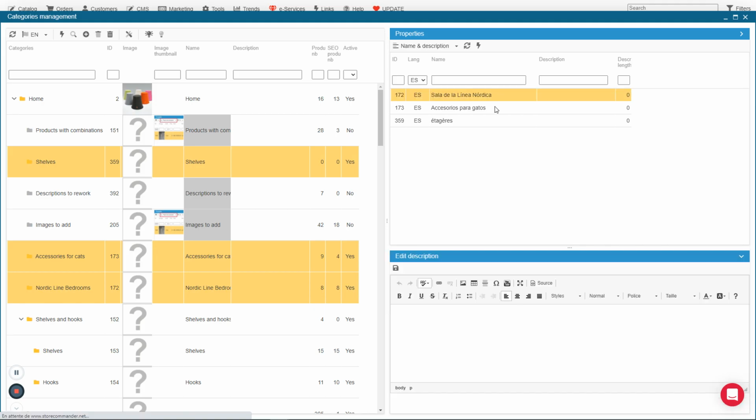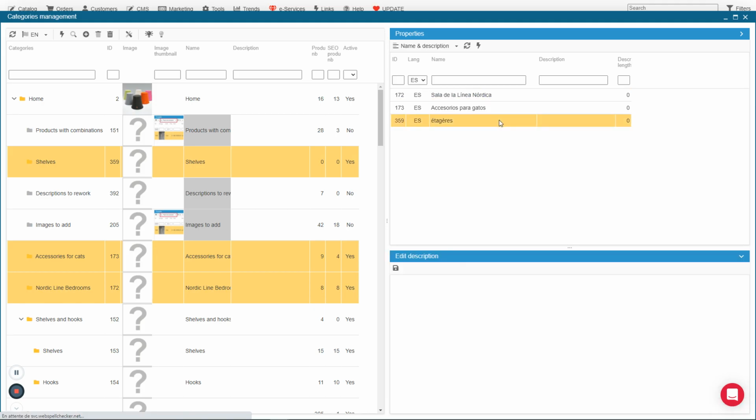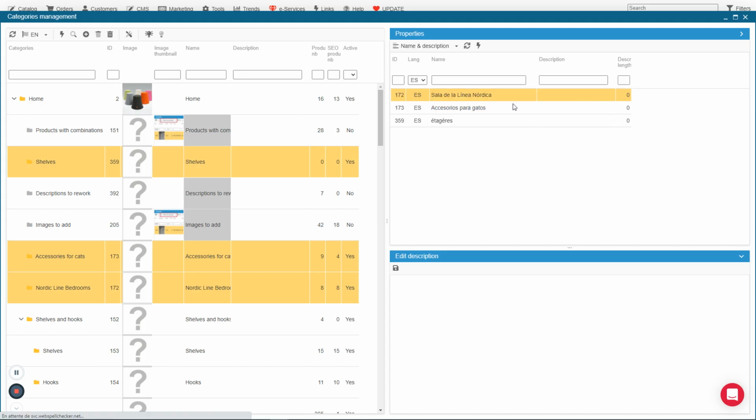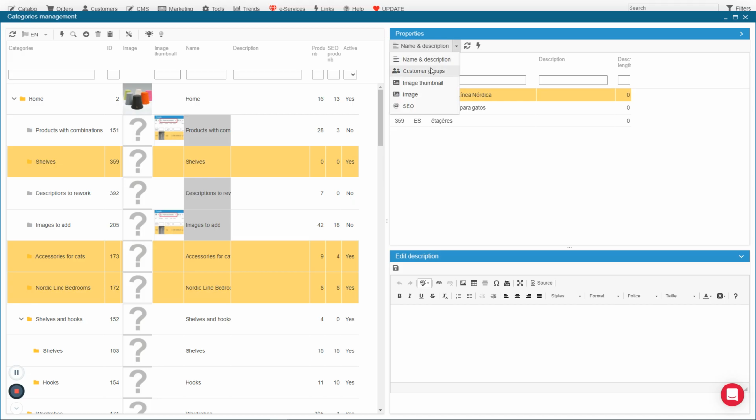And then I'll have all the Spanish names, and I can double-click to edit, or I can also use the right-click to copy and paste information, which is very useful for descriptions, for example, if you're going to have similar descriptions for multiple categories. Keeping the multiple selection of my categories on the left-hand side, I can also work on